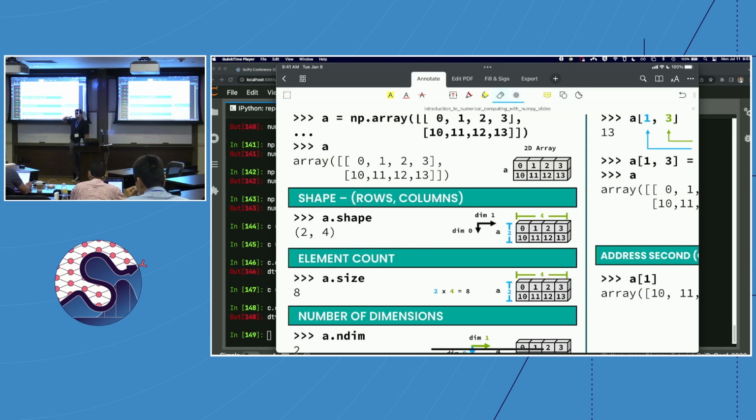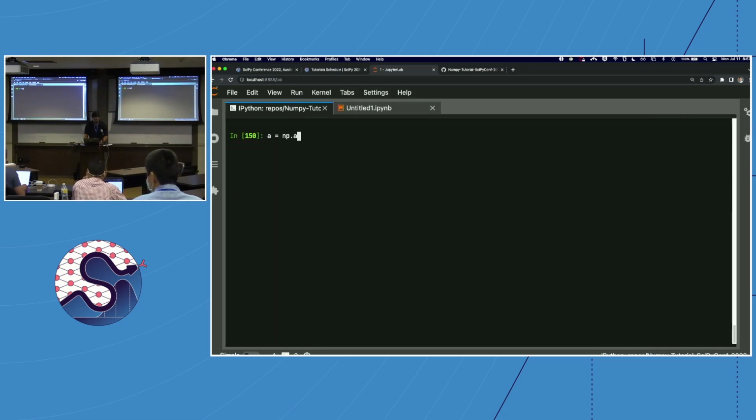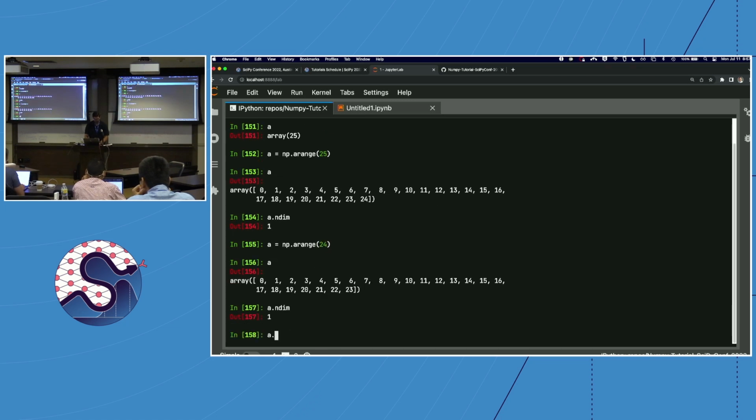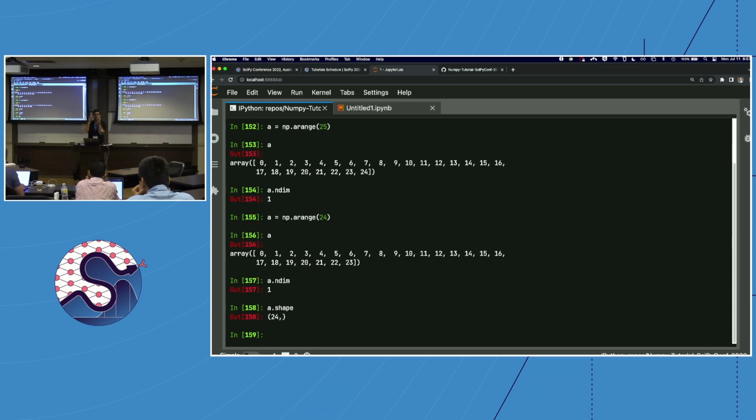The challenging part is that the more dimensions you add, you're always going to add to the beginning of your shape. And as you add to the beginning of your shape, you're going to add 1 to each dimension. What do I mean by that? It's a little bit confusing. So if I had 24 values here, my dimension is 1. My shape is 24. I only have 1 dimension here. This would be the 0th dimension. What's at location 0 in my shape tuple, 24? If I reshape this, and we'll talk about reshape,